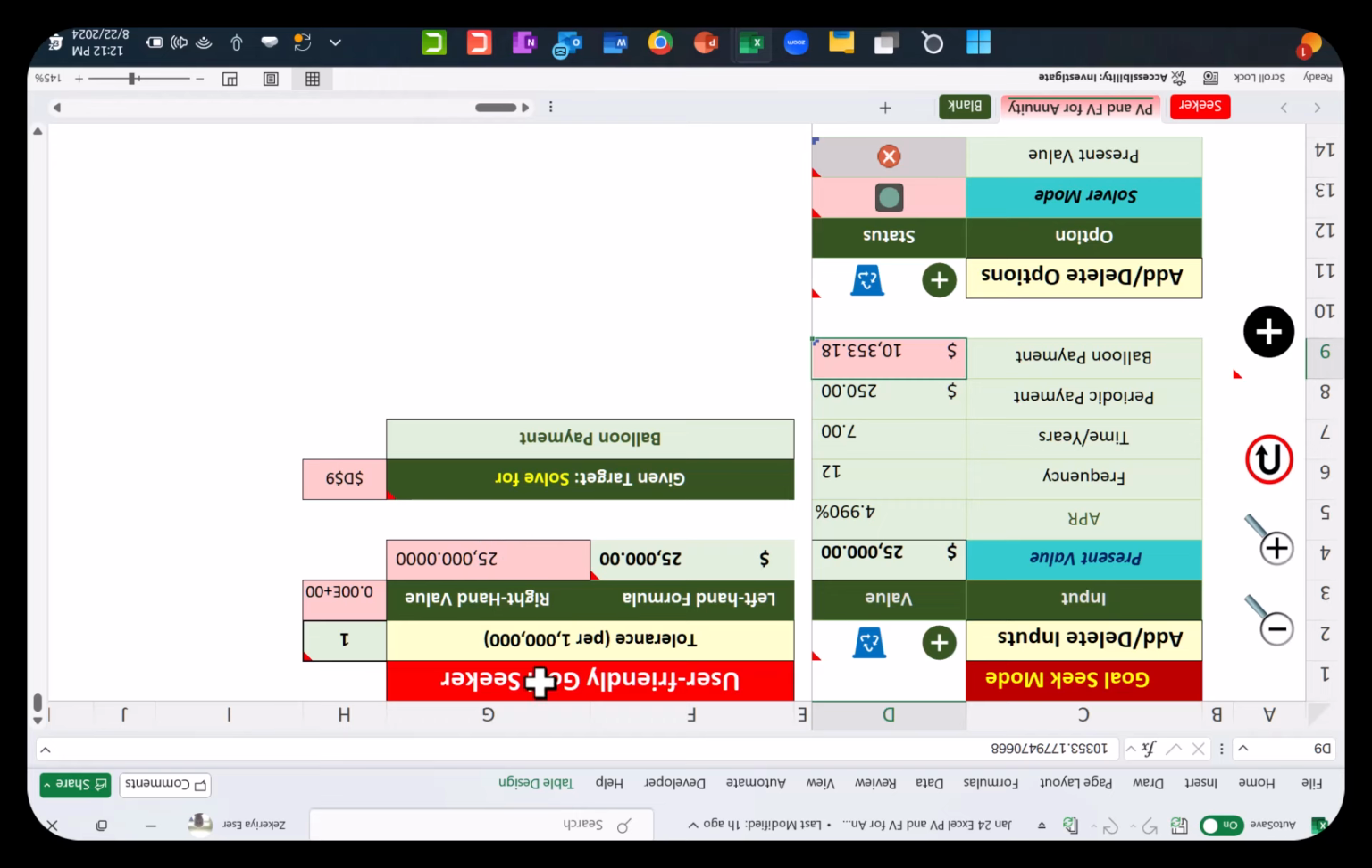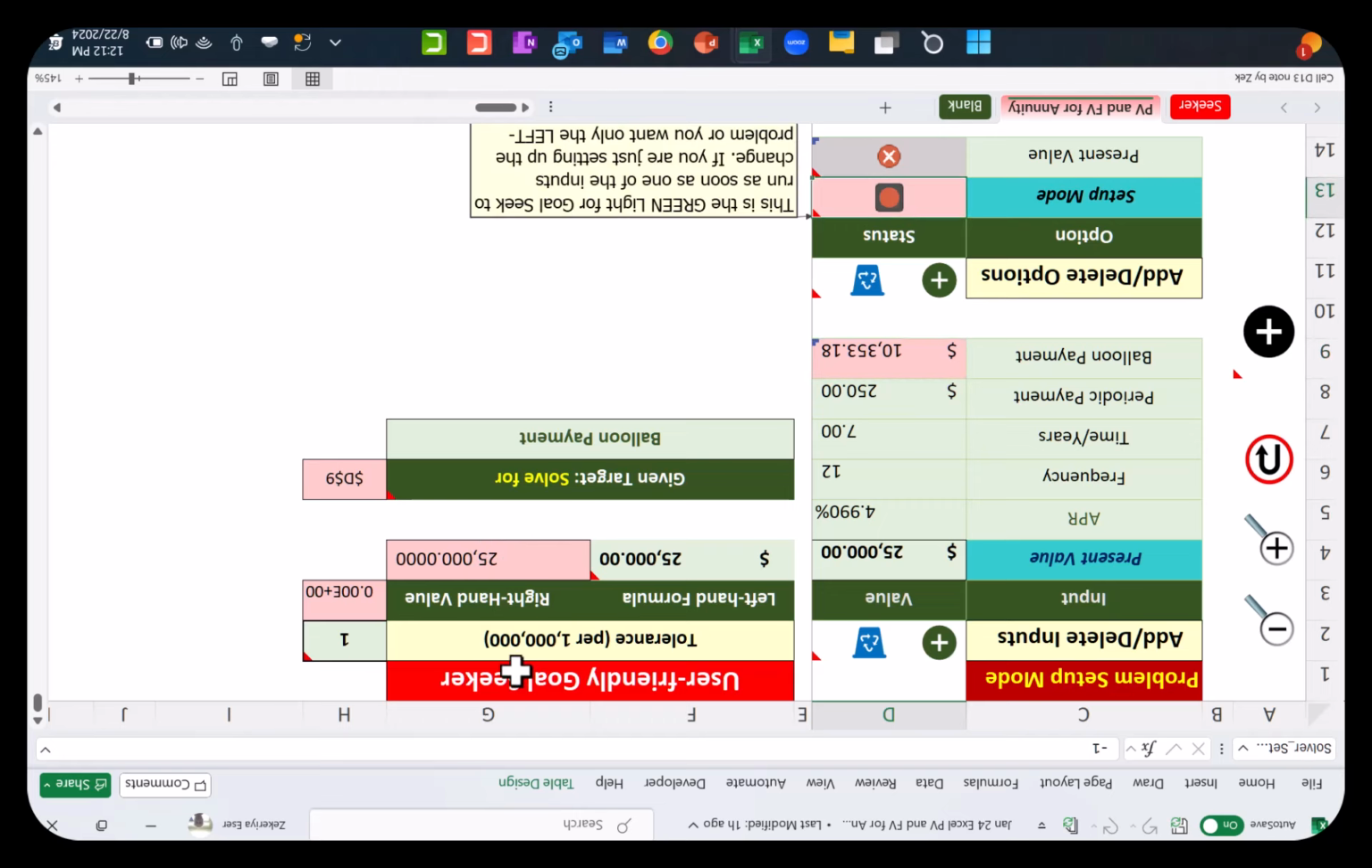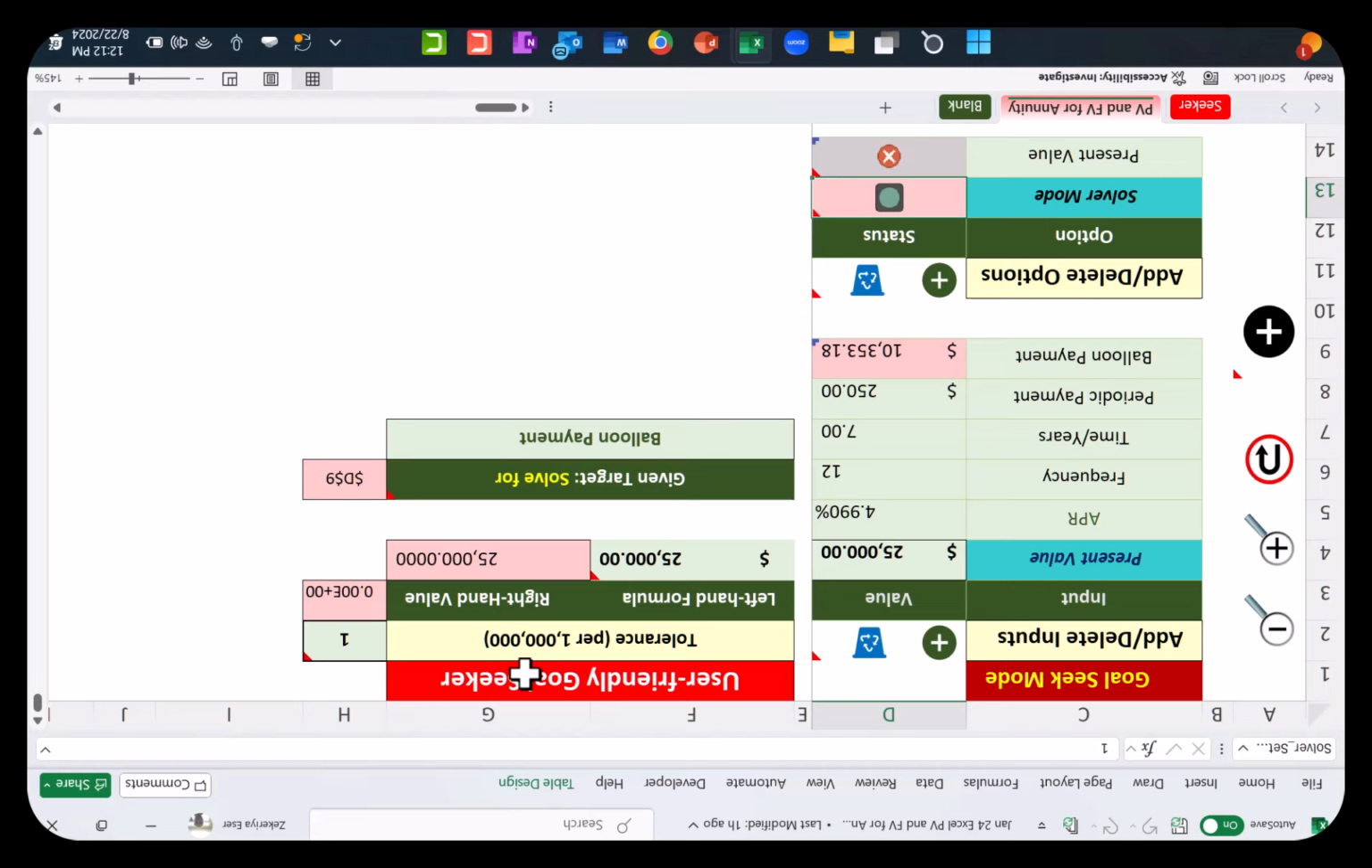For example, when I'm doing this, when I'm setting up the problem, I want a red light so that solver thing doesn't work when I make changes. But if I want solver,